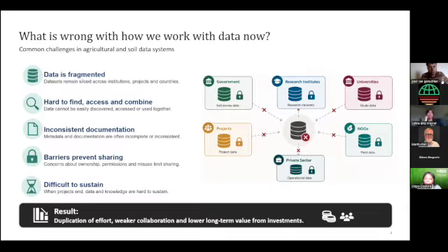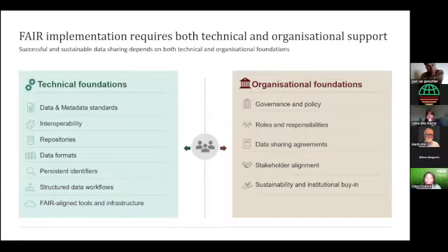So that's the problem landscape, right? And now what FAIR is coming in to do is give us a framework to put things in place that will allow for better access to data, and better sharing of data, consistently and over the long term. So this training will talk a lot about the technical foundations and technical considerations that need to be put in place in a project.